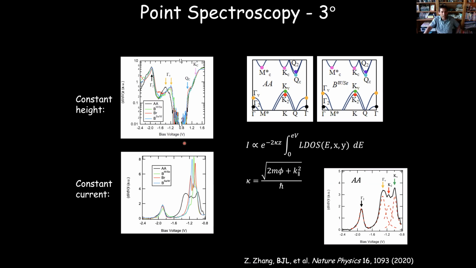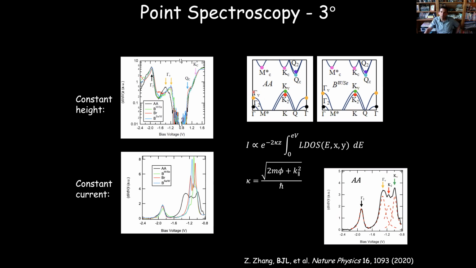And so I want to just focus on this figure in the bottom left corner here. This is looking at the valence band edge here. So to the right here would be the band gap. And at the different sites here, you see a whole series of different peaks that show up. And they show up at different energies on the different sites. And if you look at this black curve here, that's the AA site. If we break it down a little bit more, we're getting contributions from different places in momentum space. So looking at this AA site, we're getting contributions from the two different K valleys, and there's also contribution from the gamma valleys here.